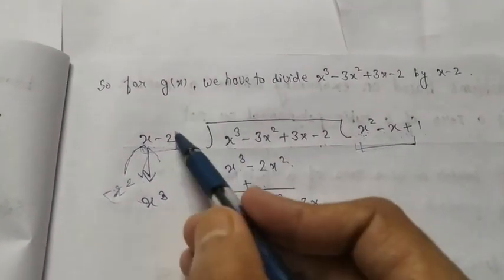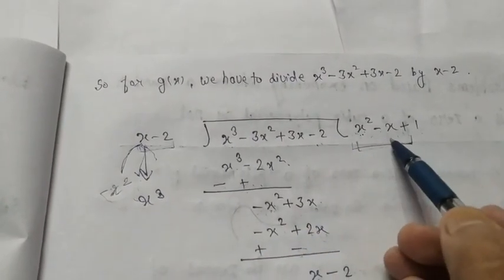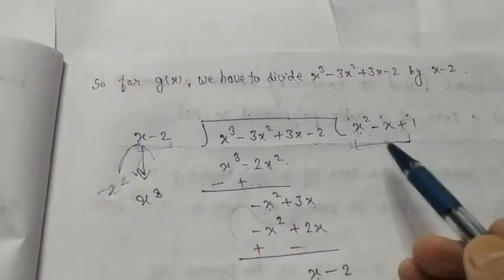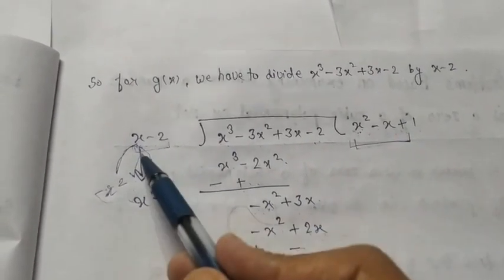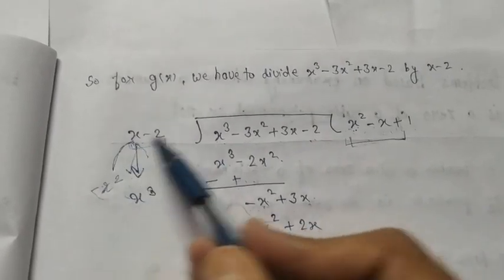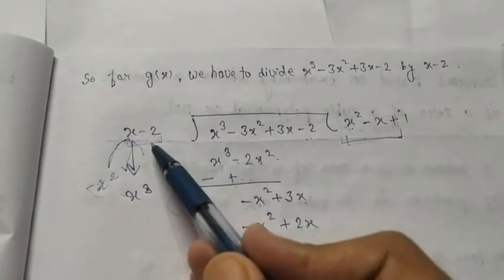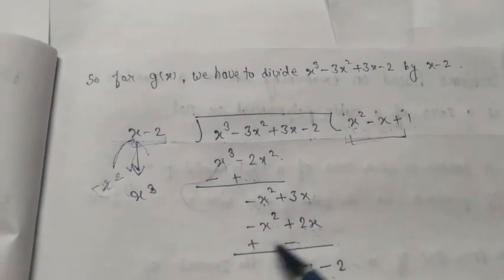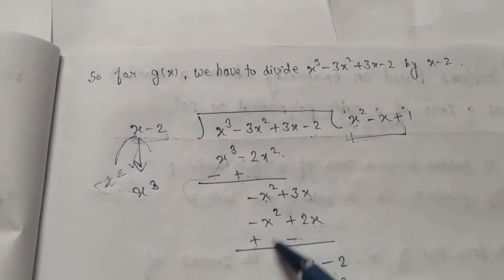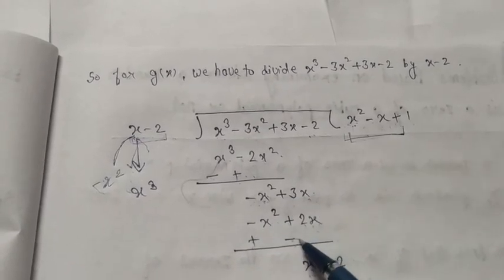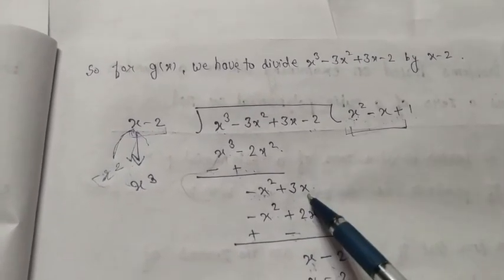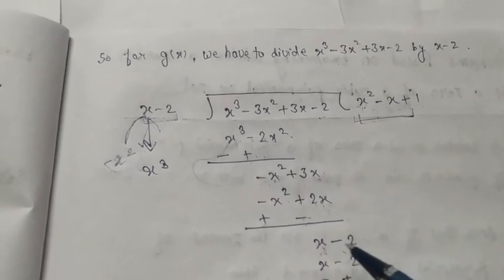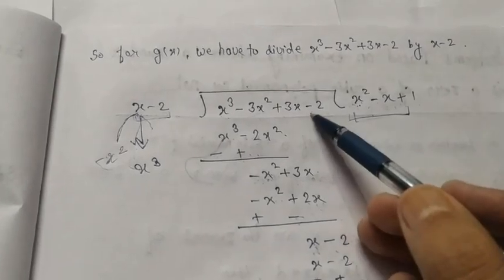Now again, this whole term will be multiplied by minus x with the sign also. Okay, don't forget the sign. This x minus 2 will be multiplied by minus x. So x into minus x is minus x square, and minus 2 into minus x is plus 2x. Again change the sign, it will be plus, it will be minus. So both will be cancelled. Now it is plus 3x, it is minus 2x, both having the opposite sign, so their value will be subtracted. 3 minus 2 will become 1x, which can be written as x also, and this is minus 2.